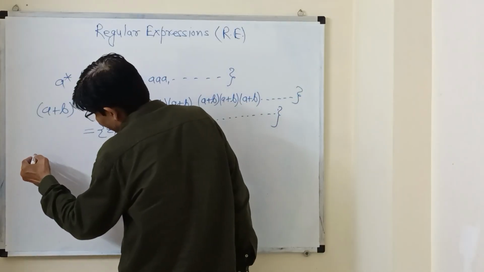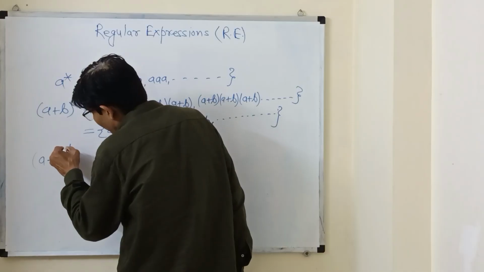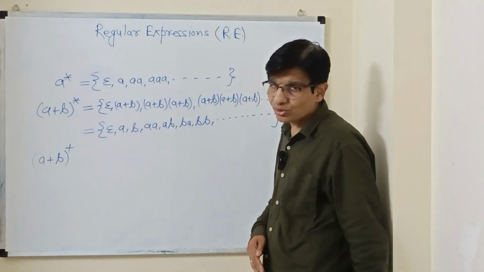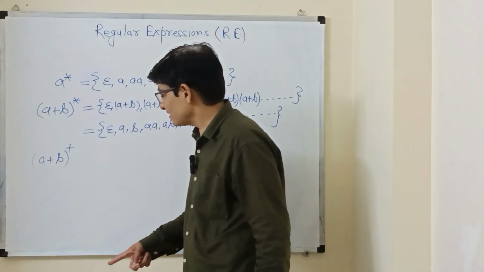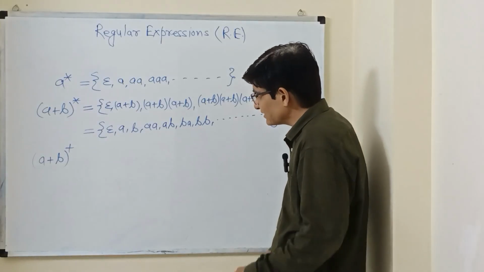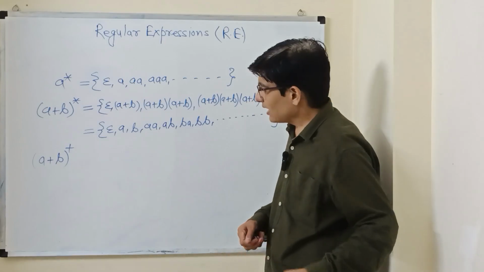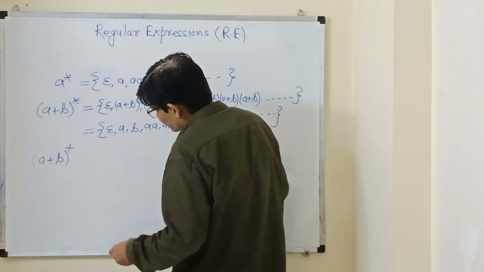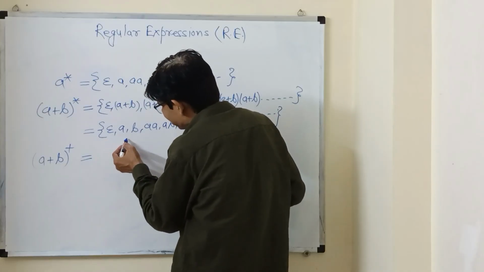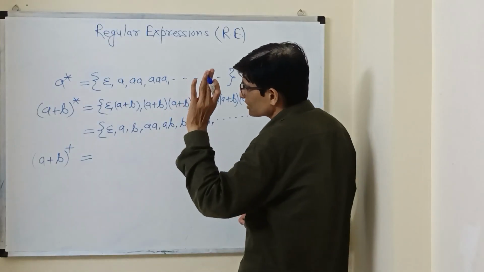Now if I write A plus B plus, that means I'm creating the positive closure of A plus B. As you know, friends, in positive closure there is no epsilon. So if we remove epsilon from this set, it will have all possible combinations of A and B,